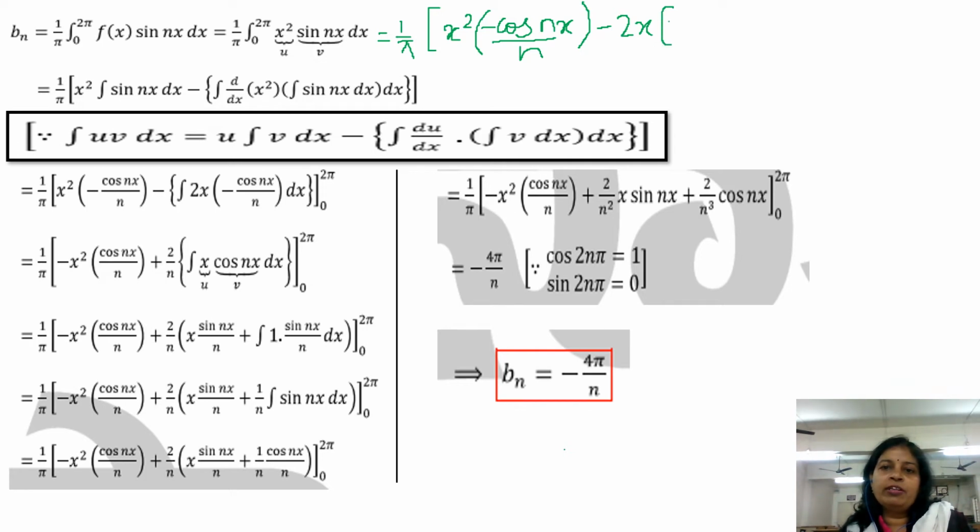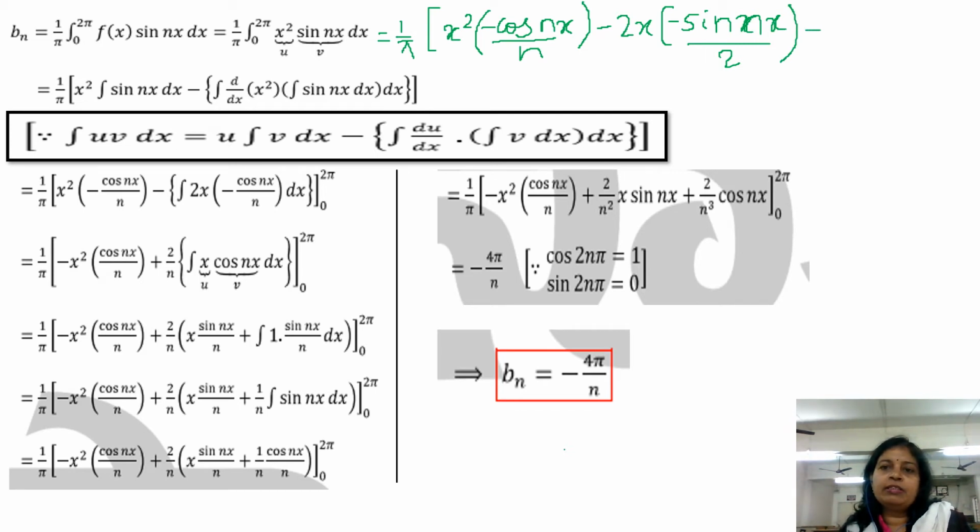So the minus sign will remain as it is, since when you are integrating cos, no change in sign, and you will get sin nx upon n. Again, one n was already there in the denominator, so now you have in the denominator n square, x sin nx upon n square. This is your v2,